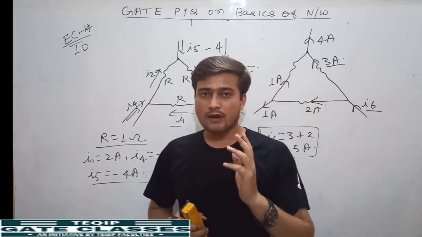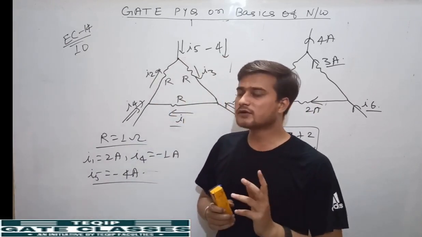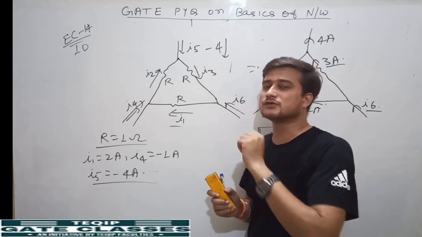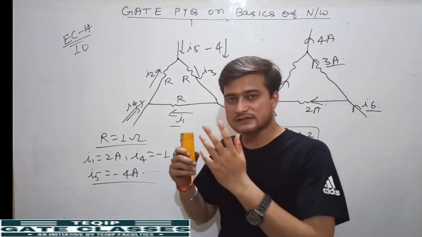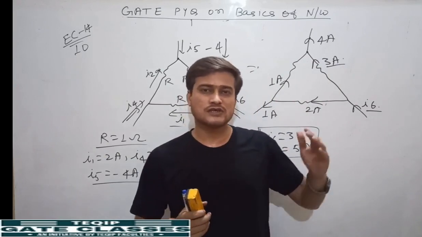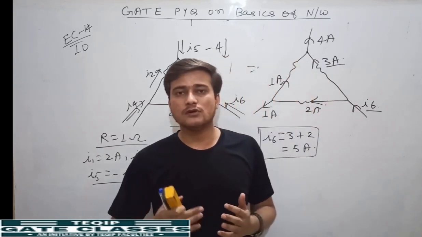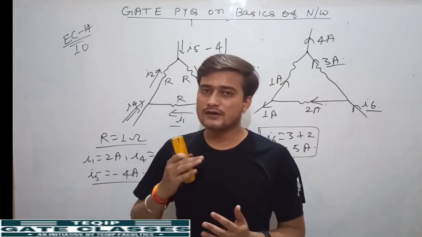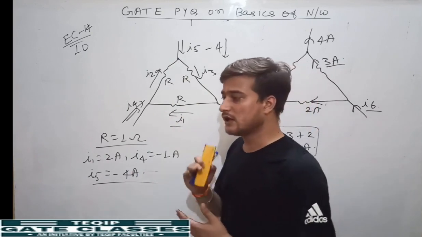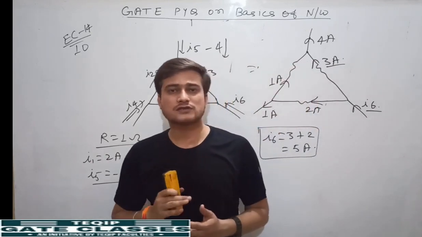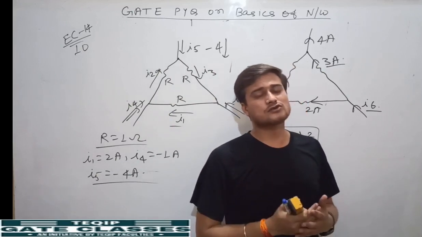Now what you have to do is play with all these 10 questions. You have to create 10 new questions from these questions. How will you create them? Somehow you will try to change the circuit, or change the values. That means you can design new questions from these previous year GATE questions. Then you have to solve all those 10 questions and check the answers, whether you are able to solve them or not.